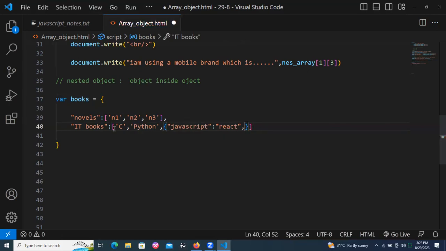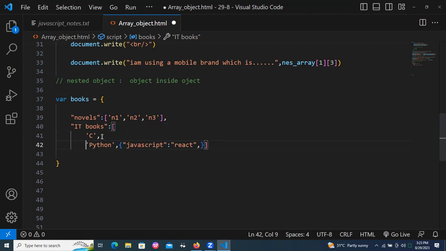And here, try to observe, C is the first value of the array. Python is the second value of the array. Now, the third value is an object. But what is the object structure? Curly braces open and curly braces close. Inside the curly braces, we have to provide key value pairs. The first key value pair is